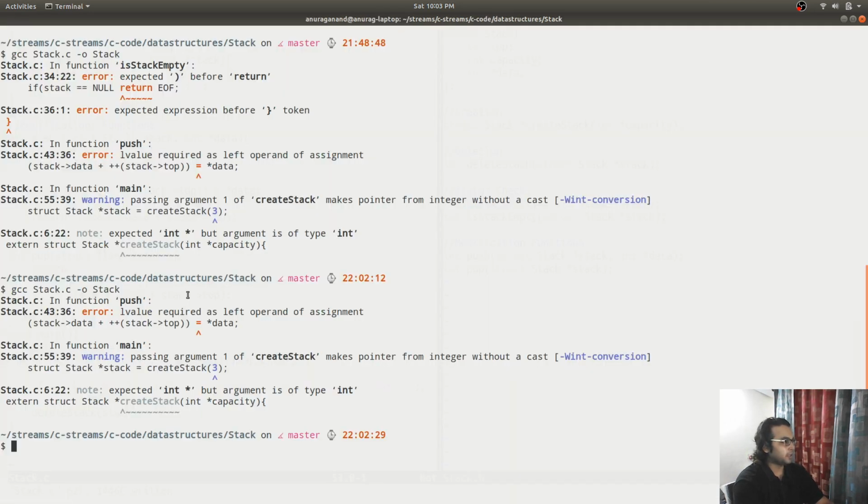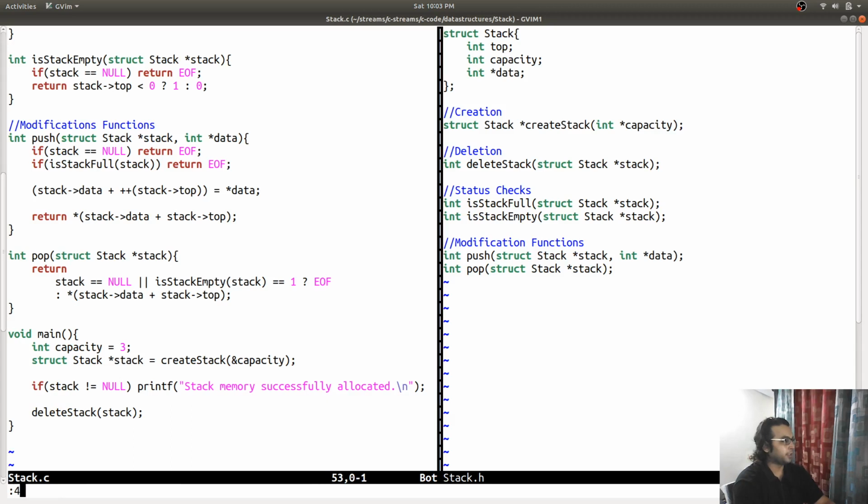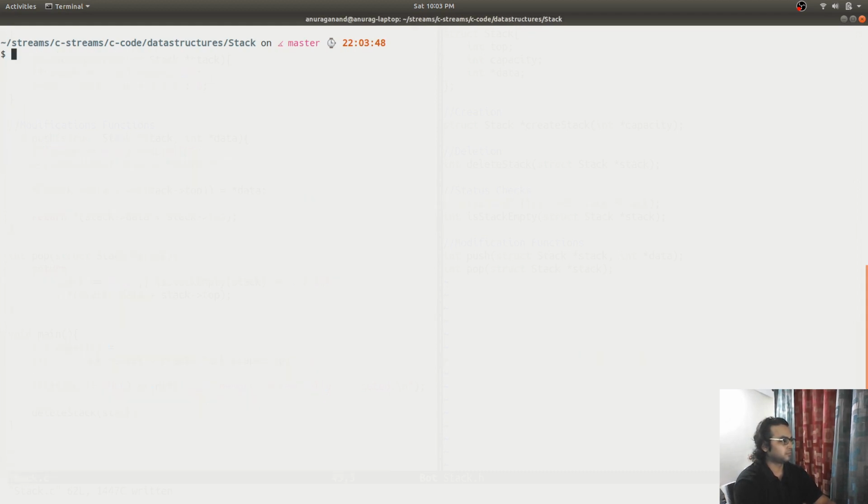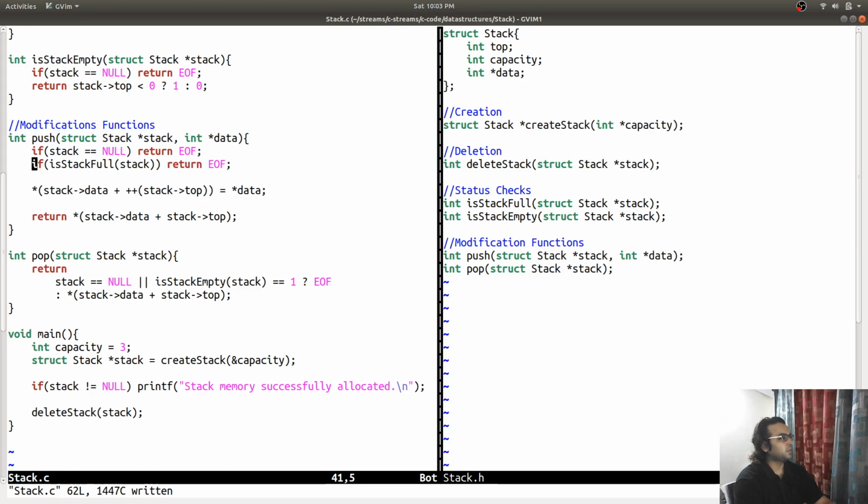Next is line 43. The thing is that I was assigning the integer value to a memory address, and now I'm dereferencing and modifying its value.